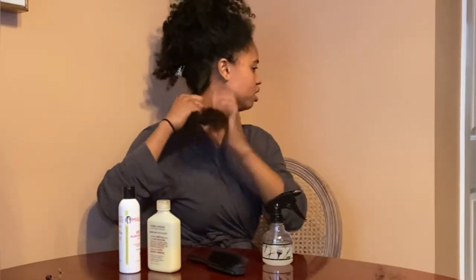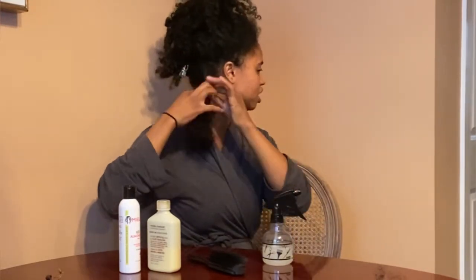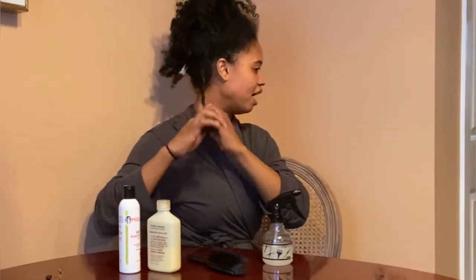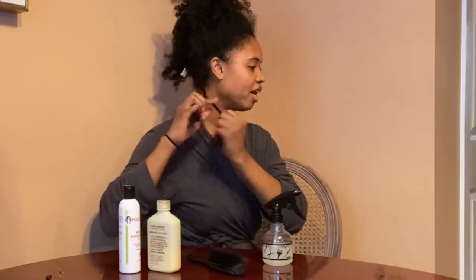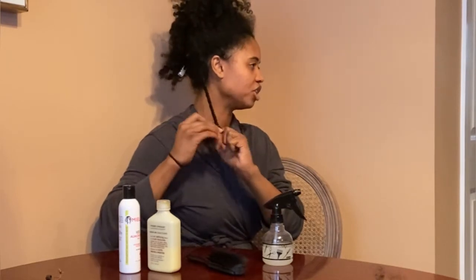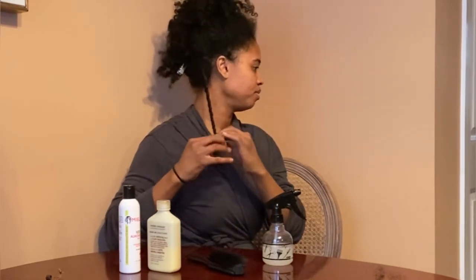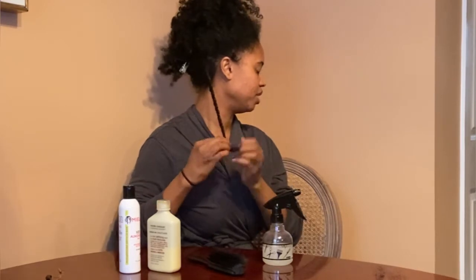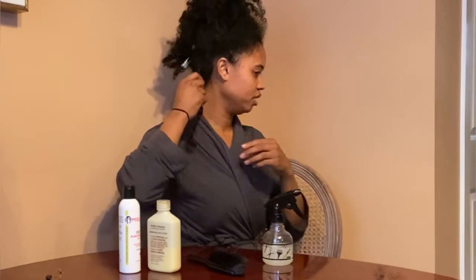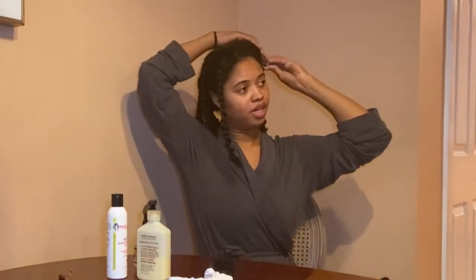I actually do just go twist each section that I've detangled first, and then after I have detangled my entire head, I go back in and break my hair down into bigger sections before I wash it. So I just put it into a 2-strand twist and keep it that way. Okay, so now that I have completely detangled my hair, I'm going to undo some of them and make